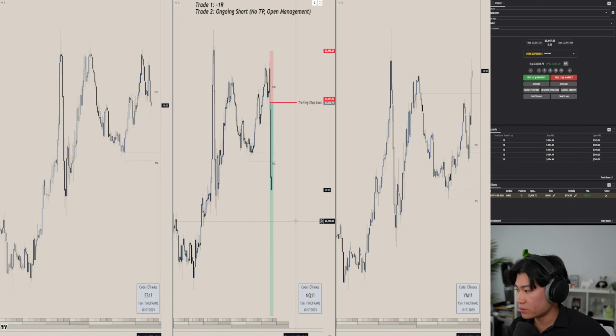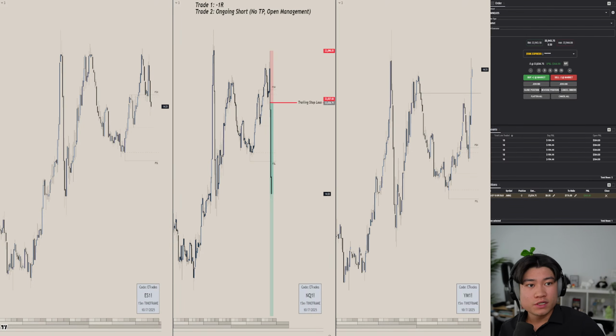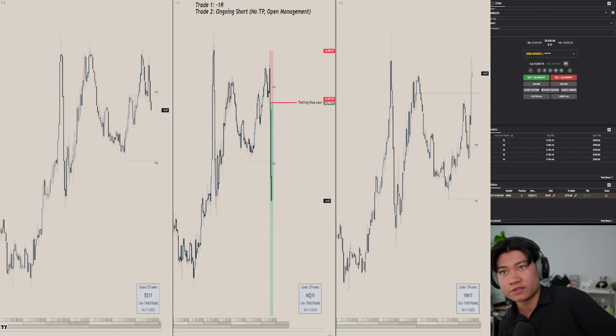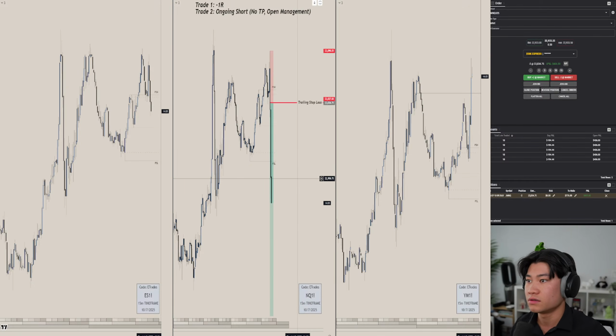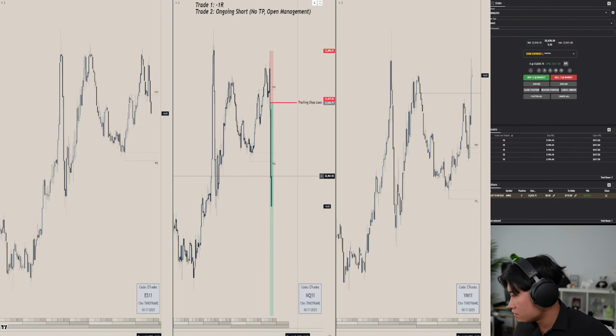Can you swing trade with FTMO? Yes, you can. But they're not allowed in US, so you have to be careful of that. If you want to swing trade with a Forex prop firm, then you can check out prop firms like Bright Funded, Blueberry Funded, E8 Markets, or Alpha Capital Group. I personally haven't used them, but those are some alternatives they do support in US because MT5 is not allowed in US anymore.